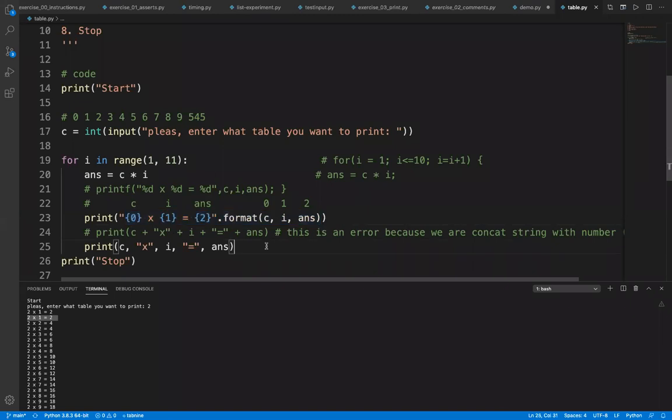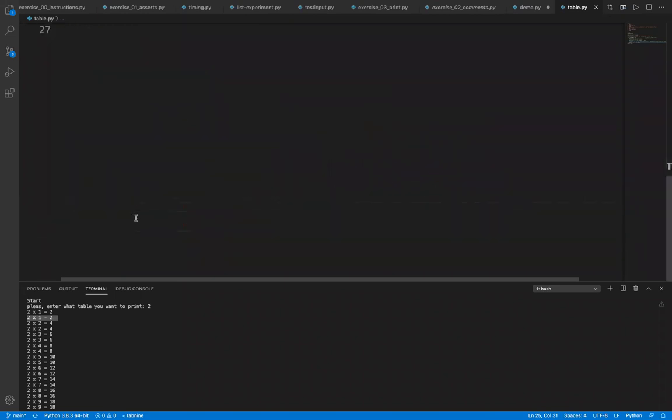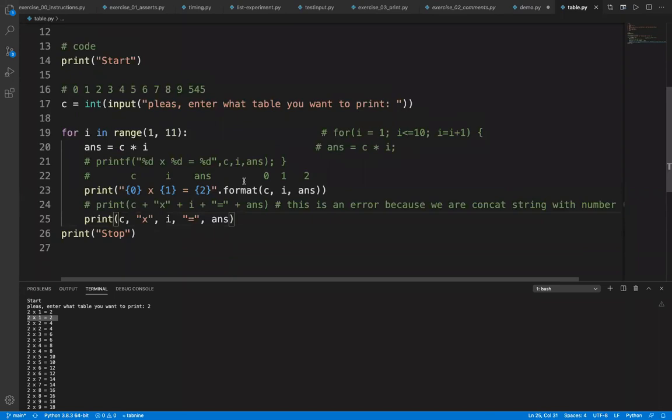I think you understood, right? Yes, sir. Sir, I have a doubt. Yes, ask me. Sir, how is statement number 23 working? I mean, is it calling a built-in function and that function is taking 3 arguments? Yes, it is calling a built-in function called format, which we will also try to write down.